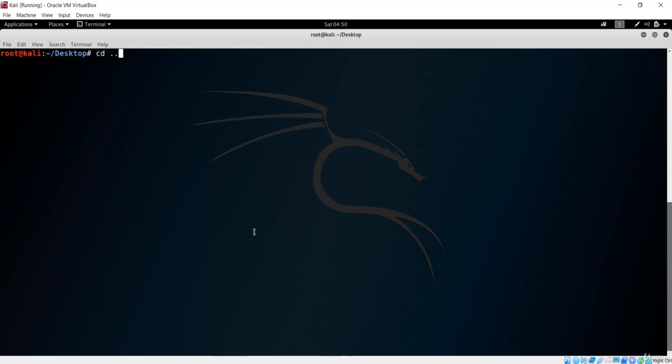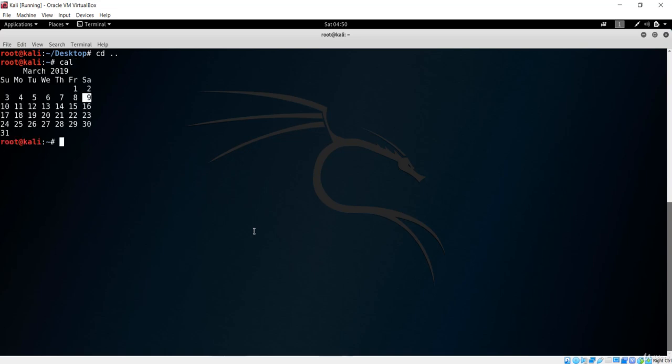So let me show you the system and user information. It is not related to any file system, so it will be independent of the file system. It can be executed in any of the directories and you will get the same output. So this is basically the system and user information. cal, if you say cal command, this is going to give us a monthly calendar. If you say date, which is the date command, then this is going to give us a date and a time. If you say uptime, then this is going to give us the uptime and the currently logged in user, which is this user. One user has been logged in.